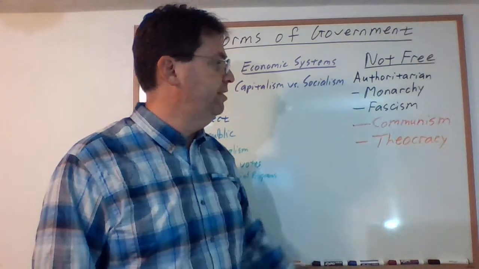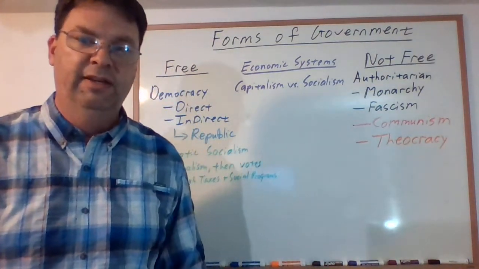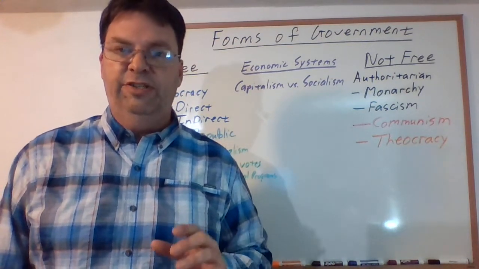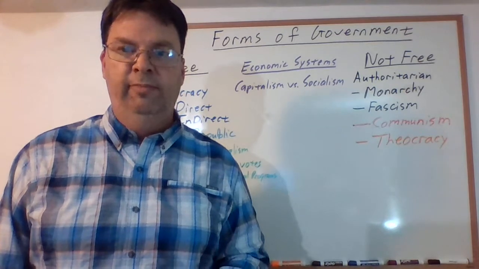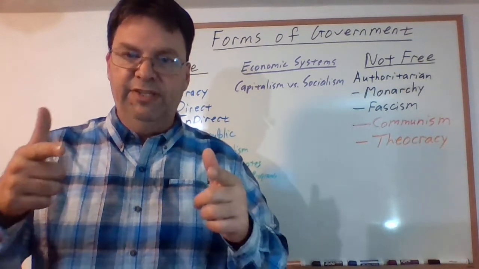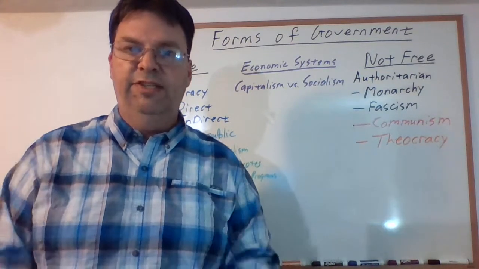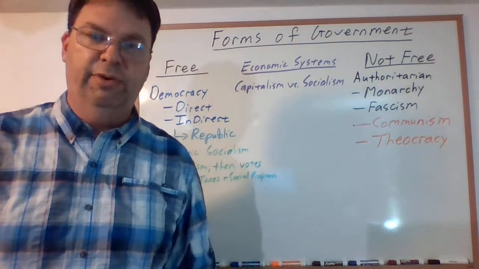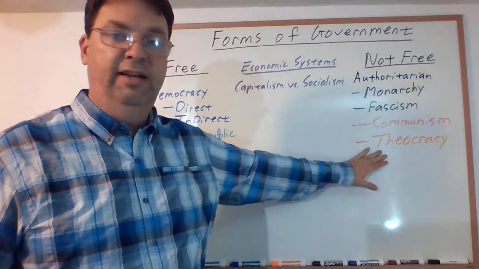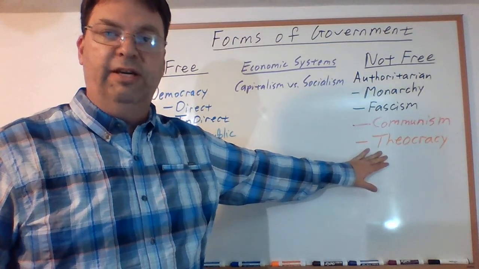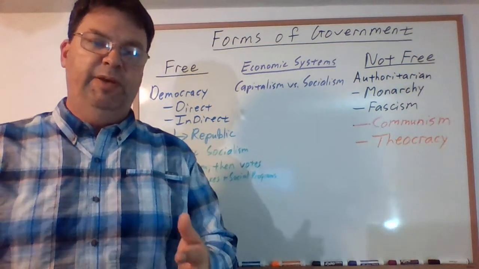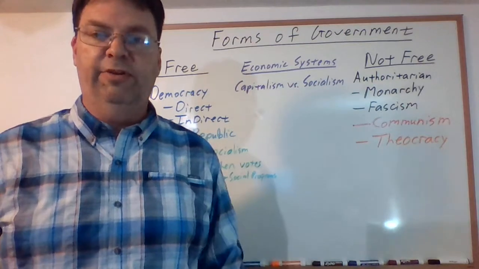The last authoritarian regime is a theocracy. A theocracy is a country that is run based on religious beliefs or principles. The problem is you can't get everyone to buy into this, and so what usually happens is the people who instill these types of regimes are very authoritarian. So you want to think about the country of Iran today. It is run by the Ayatollah Khomeini, I think is his name, and he basically tells people what to do, and that's who runs the country.